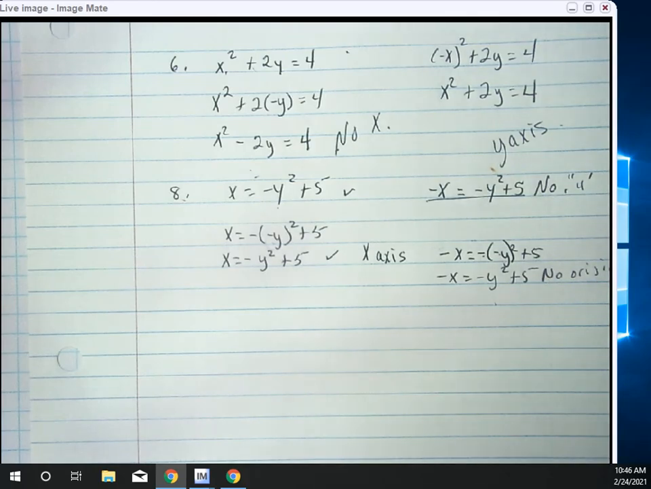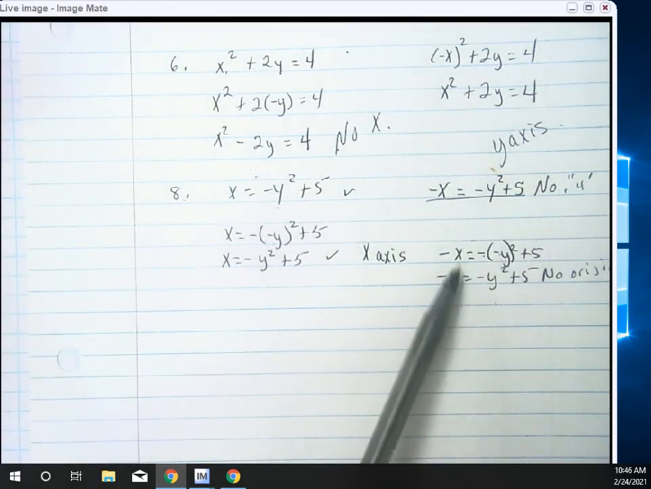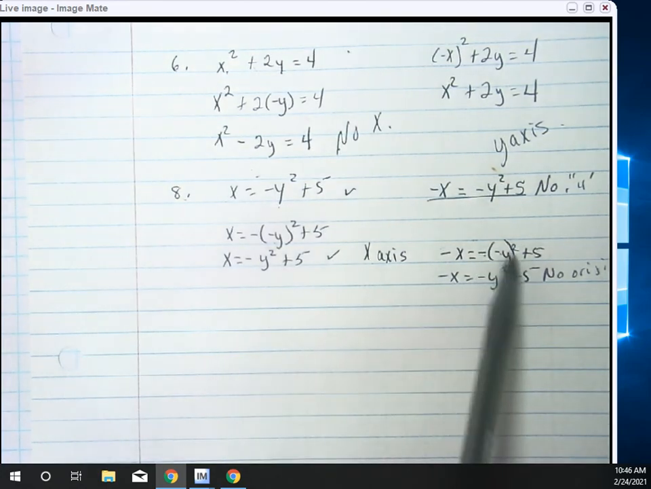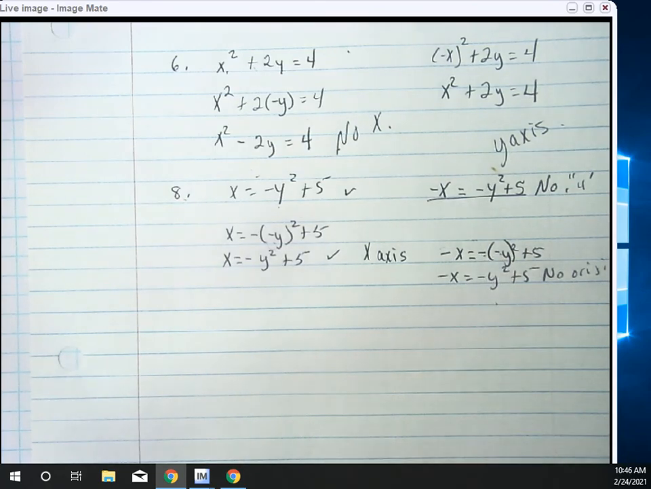PEMDAS, order of operations. You have to do parentheses and exponents before you multiply. So you're dealing with the exponent first, which is that negative times that negative is a positive. But then that positive times that negative makes that one a negative. If it works for the x-axis,